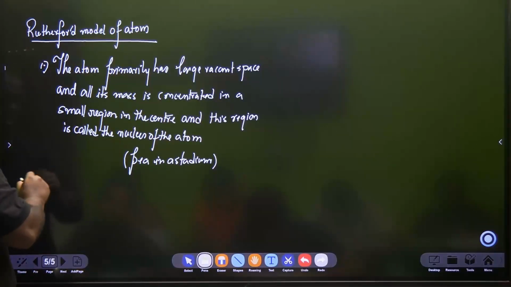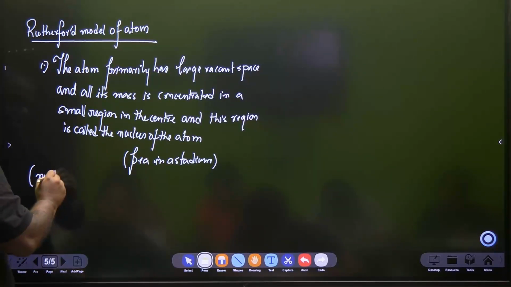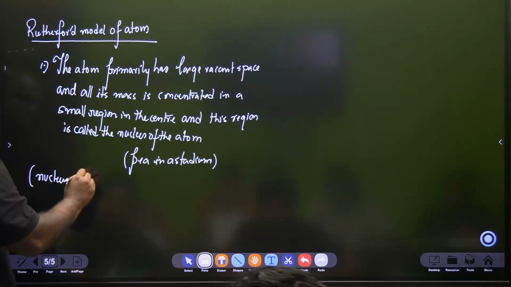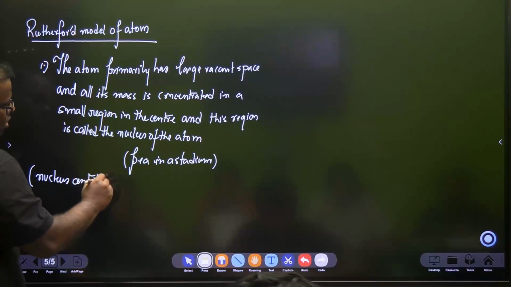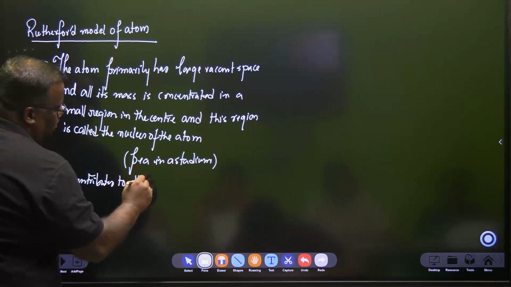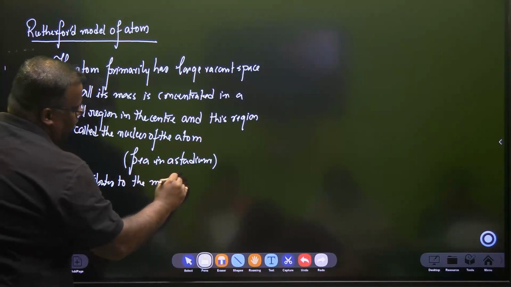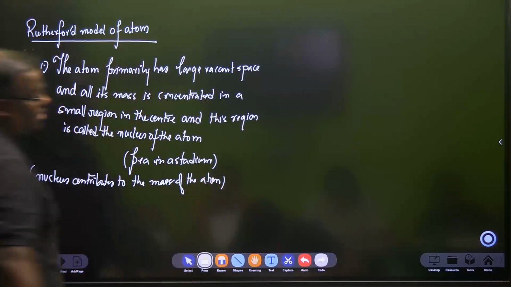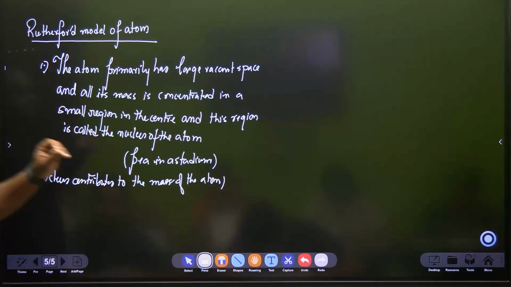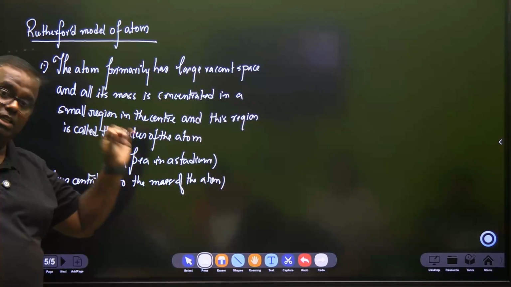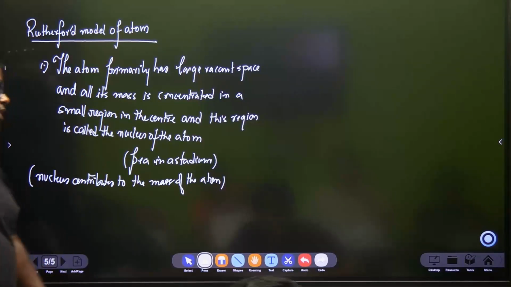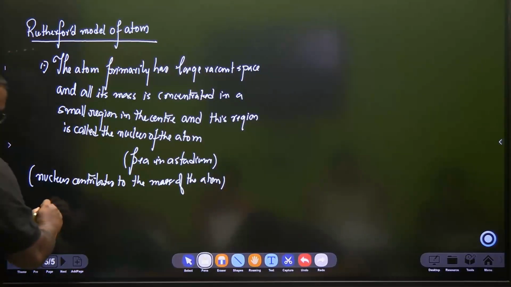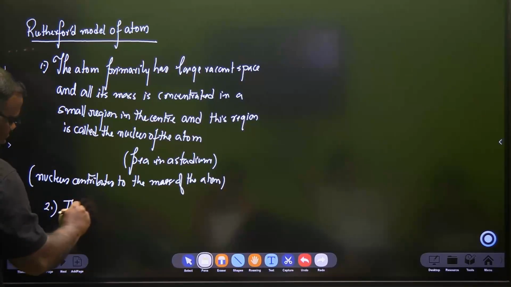That means another takeaway is the nucleus contributes to the mass of the atom. It means that the mass of the atom is right there at the center of the atom, which is the nucleus, and the nucleus primarily contributes to the mass. Second, the nucleus